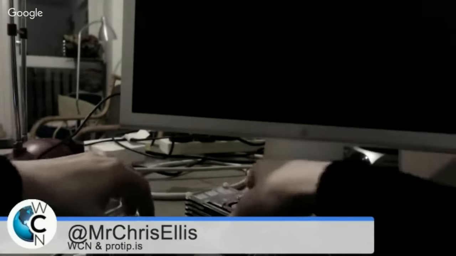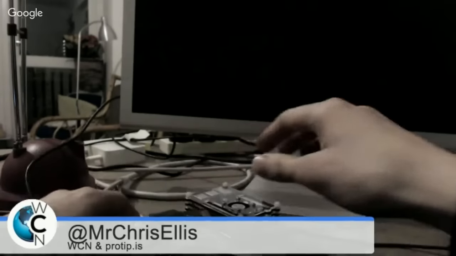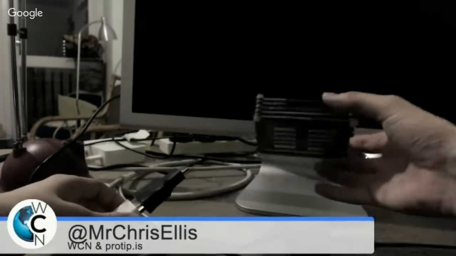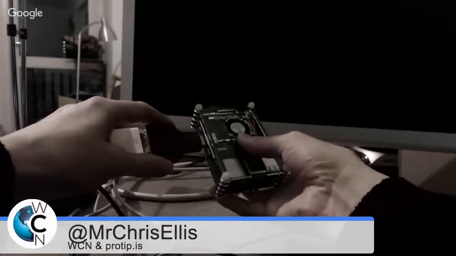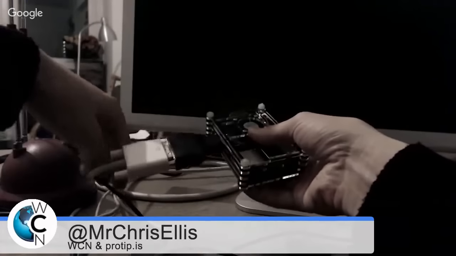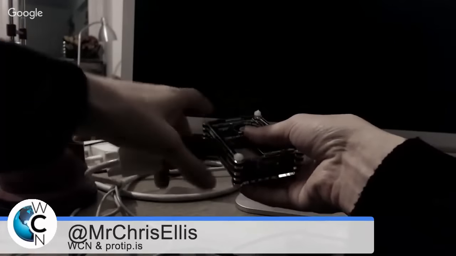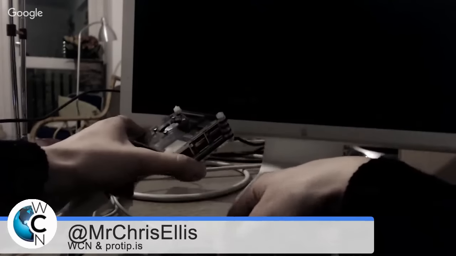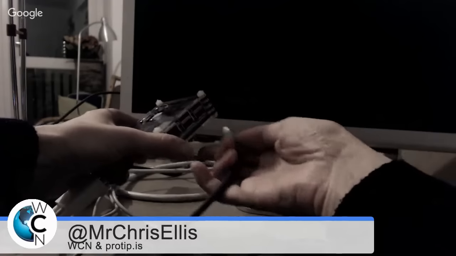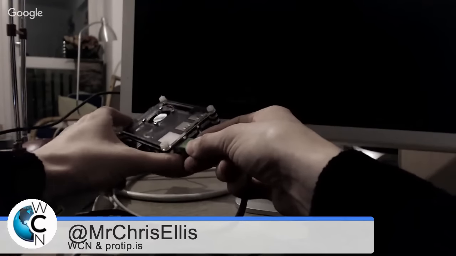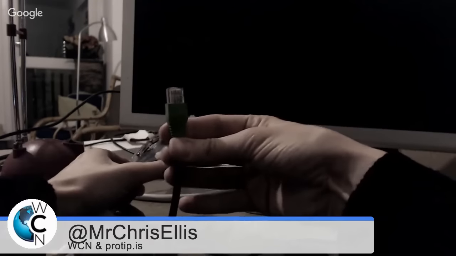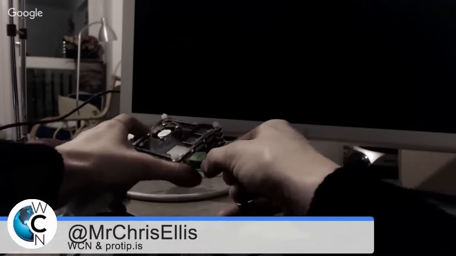Now before you plug in the actual power cable, if you intend to plug this directly into a monitor, the first thing I usually do is plug the monitor in first. That's because if you don't plug the monitor in first and you power up the Pi, often you can't get the monitor to power up at all. The monitor needs to be the first thing it sees before it powers up. I'm going to plug in an Ethernet cable here,